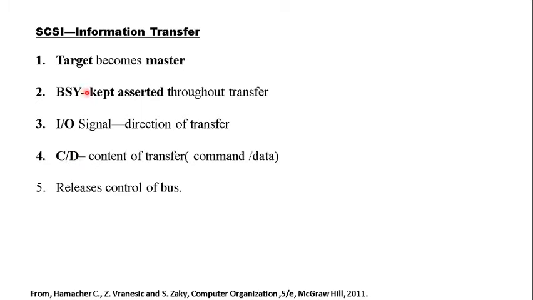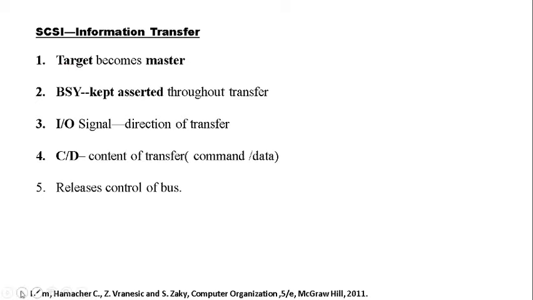Then once that operation is communicated to the target, the target will release control of the bus by deactivating BC. Why? Because as I told you, we are dealing with very high latency devices. Once the target becomes aware of the file transfer it has to perform, it no longer needs to be in charge of the bus. It will take so much time, so the bus is released. So once the information transfer intent has been communicated by the initiator to the target, the target will release control of the bus.